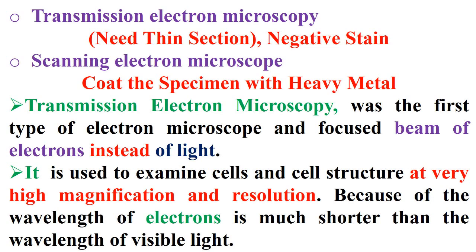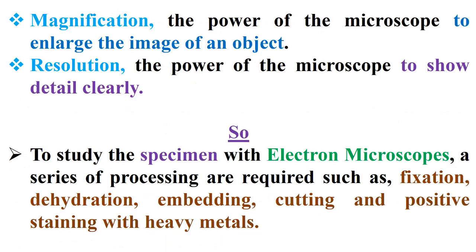Firstly, transmission electron microscopy was the first type of electron microscope and focuses a beam of electrons instead of light. In addition, it is used to examine cells and cell structure at very high magnification and resolution, because the wavelength of electrons is much shorter than the wavelength of visible light. Magnification is the power of the microscope to enlarge the image of an object, while resolution is the power of the microscope to show